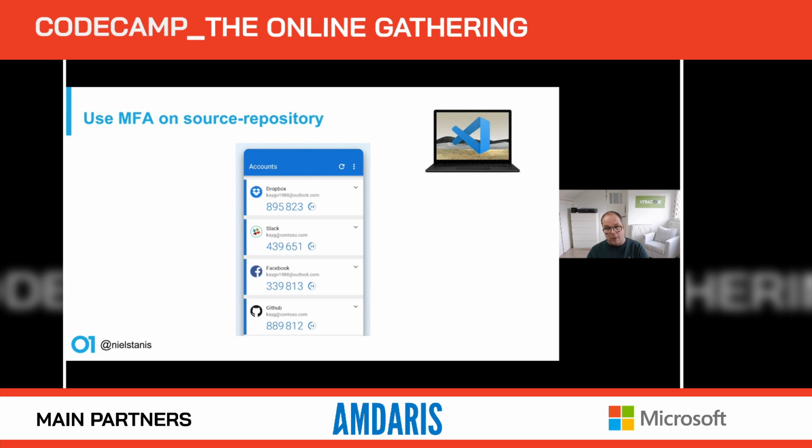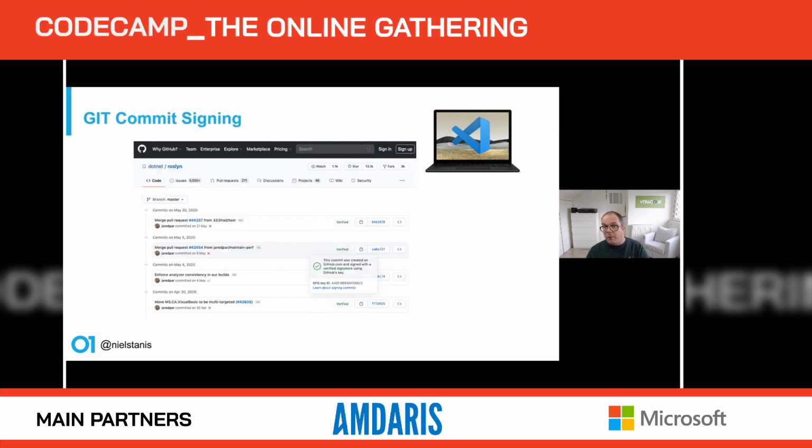Every major service has it, so just use it. On top of that, if you're working with a Git-based system, there's an additional thing you can do to secure your source, or at least have some more authenticity checks, which is called Git Commit Signing. And what happens with that is that